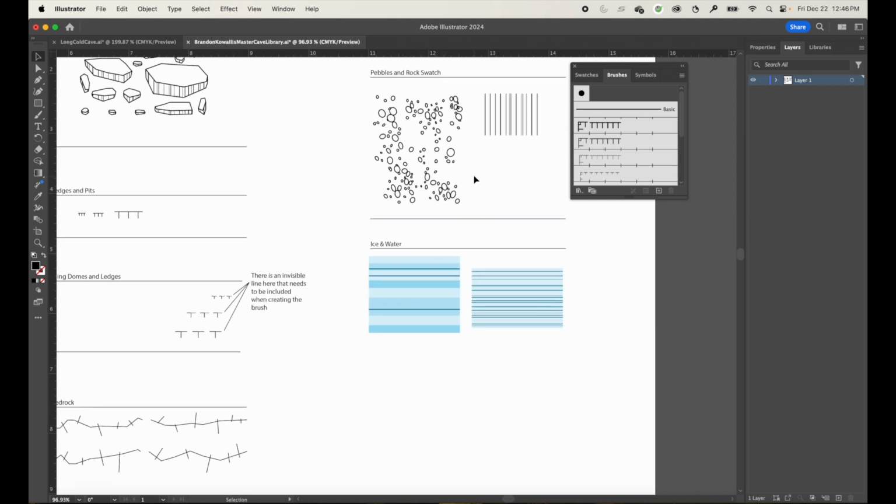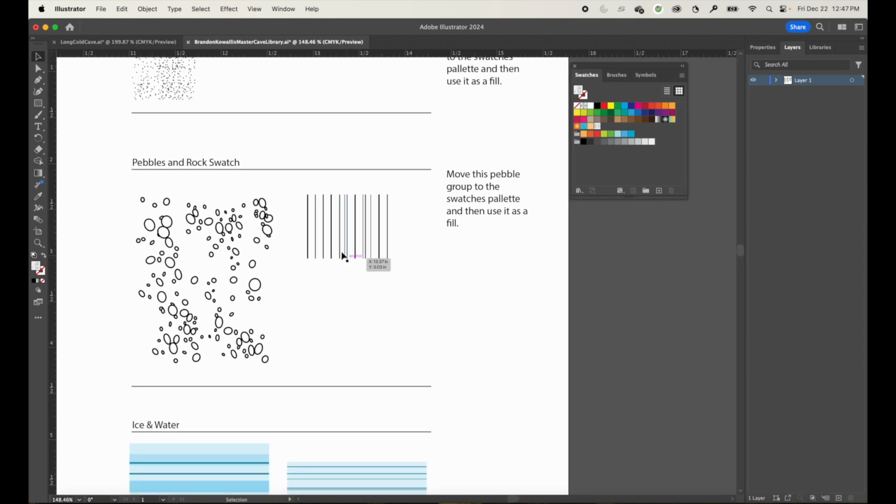So let me show you the principle of building a swatch and how it works and some things to be aware of. Okay, so let's go over to swatches here. This is going to show all your color swatches. To create a swatch, you're going to draw something. So what I've done here, let me just show you what I've done so you can be aware of it. All these are is a bunch of lines. So I used this line segment tool right there and held the shift key down and drew a line and